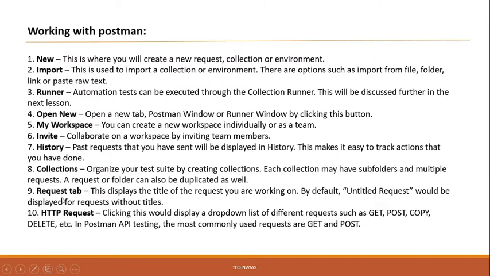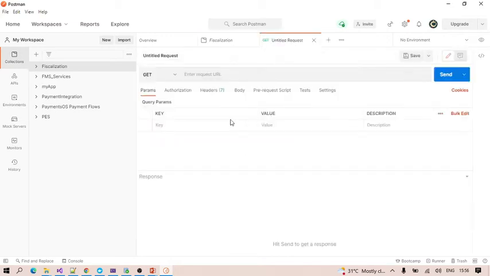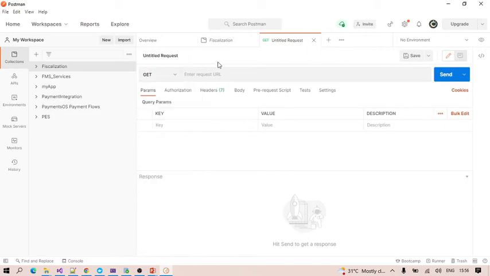Sorry, the Request tab. So this is the Request tab basically. You can see here that we can select which type of request we are going to call.